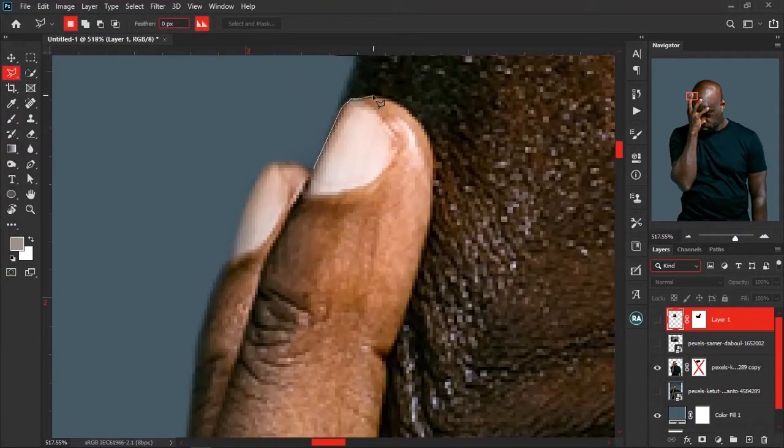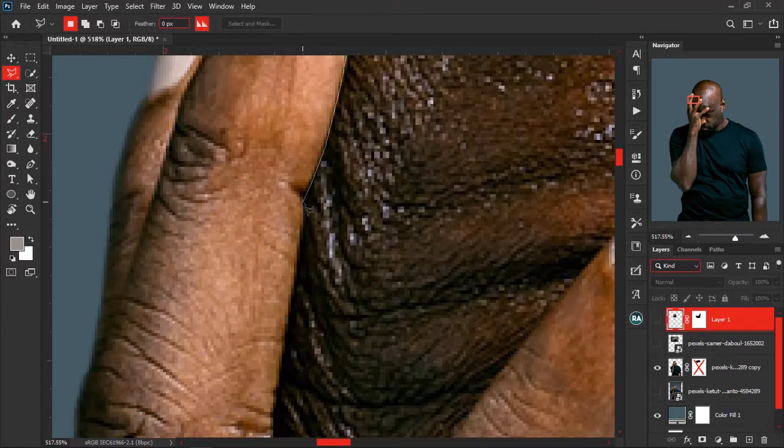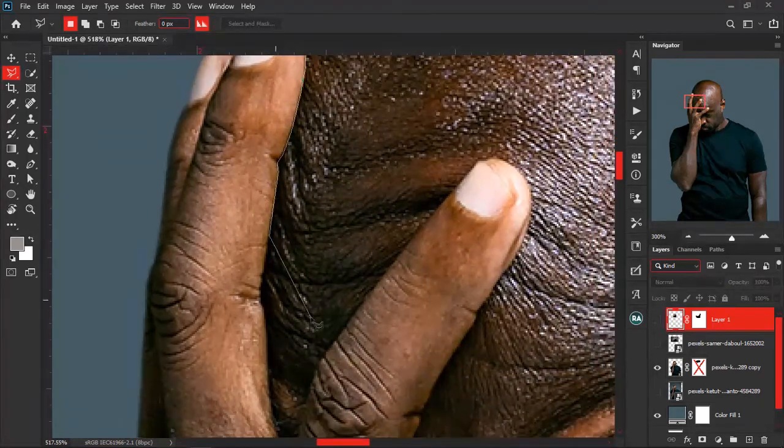Then with the coconut layer selected, I turned it off first to create an edge around the hand, because this hand will be on top of the coconut. So this edge I'm creating around the hand, I'm using the polygonal lasso tool, and I'm just selecting areas around the hand. And the next thing I'm going to do after selecting this area is join them, and